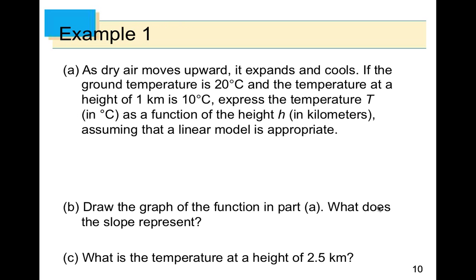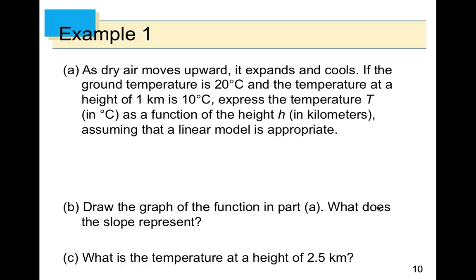Let's try a model. As dry air moves upward, it expands and cools. If the ground temperature is 20 degrees Celsius and the temperature at the height of 1 kilometer is 10 degrees Celsius, express the temperature T in degrees Celsius as a function of height in kilometers, assuming that a linear model is appropriate. So we're assuming that this is going to be a linear model,